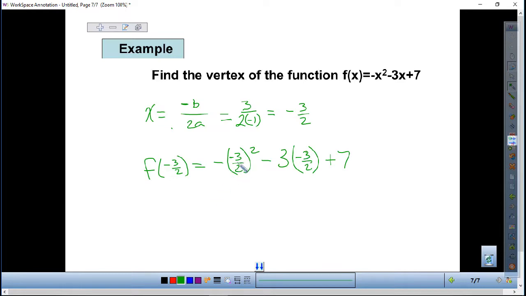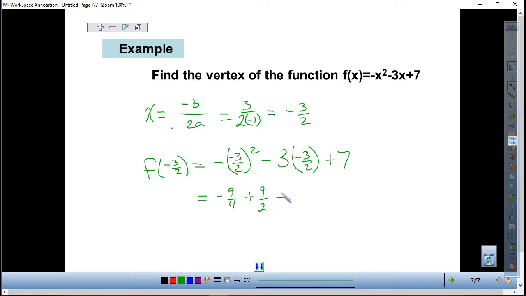Alright, so when you square a fraction, of course, when you square anything, it's positive, so we're going to end up with the square of 3 over the square of 2. We're going to end up with 9 over 4, and then that negative is going to make it negative again. So negative 9/4 minus negative 3 times negative 3 halves is going to give me plus